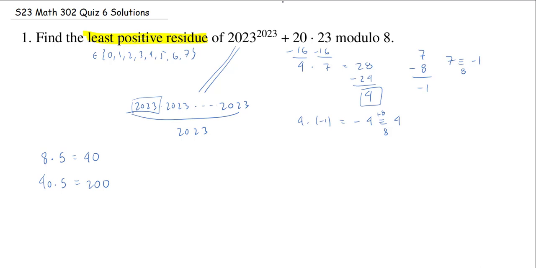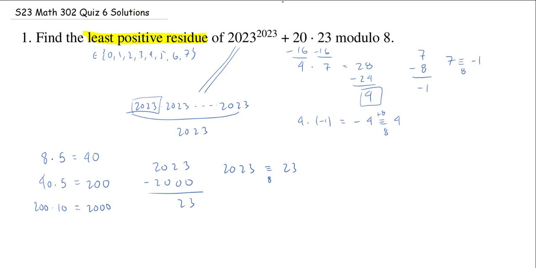Well, I didn't think of that. Why am I trying to get up to 200? Because now if I take 200 by 10, I get 2,000. So I can multiply 8 by 5, and then by 5, and then by 10, and I'll get 2,000. Which means when I'm reducing 2023 modulo 8, I could subtract 2,000, and I get 23. So this tells me that 2023 is congruent to 23